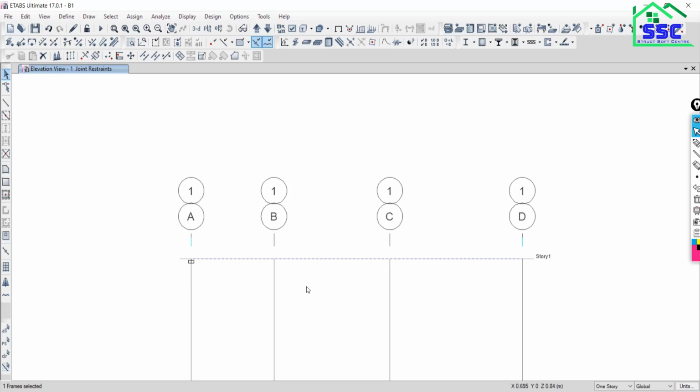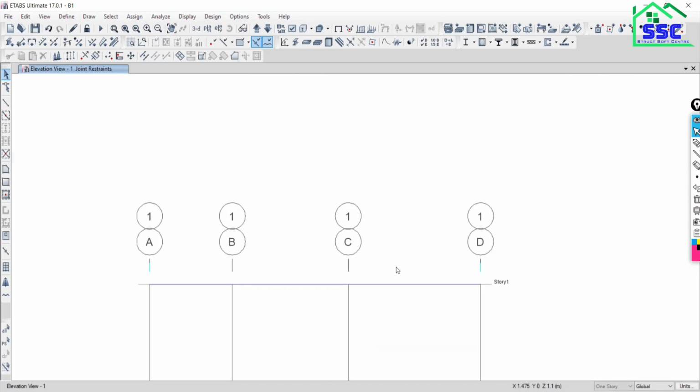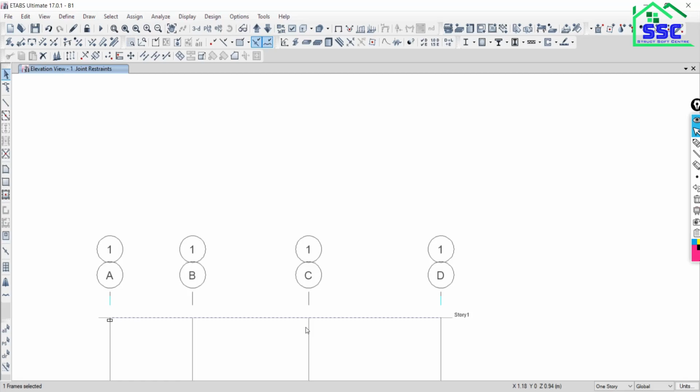Unless you select the joint, you can't apply the load. Just when I click on it, the whole beam is selected. So how can we assign the load to the joint?